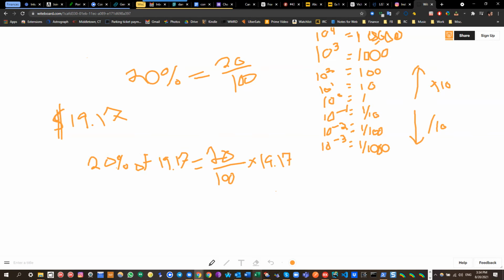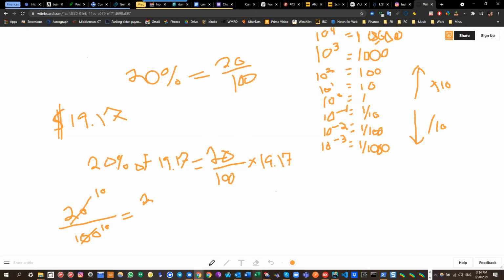Because we have a base 10 number system, the easiest way for me personally to conceptualize this is to make this fraction, if I can, some form of dealing with base 10. And I can do that because I can reduce this fraction. 20 and 100 can both be reduced by 10. So if I divide both of these numbers by 10,